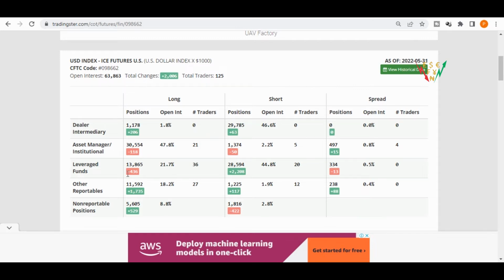So from the Commitment of Traders report from last week, this is the US dollar index, right? One thing to pinpoint is that I focus mostly on these two things, this and this. That's where I like to put my focus. From that perspective, what we noticed was that the asset managers removed 118 long positions. What they submitted was 30,554 long positions on the USD index,